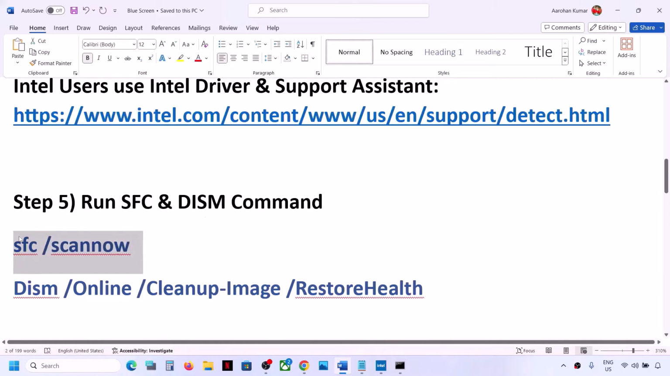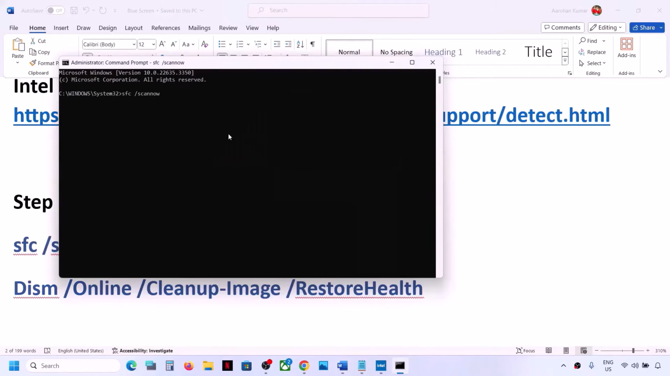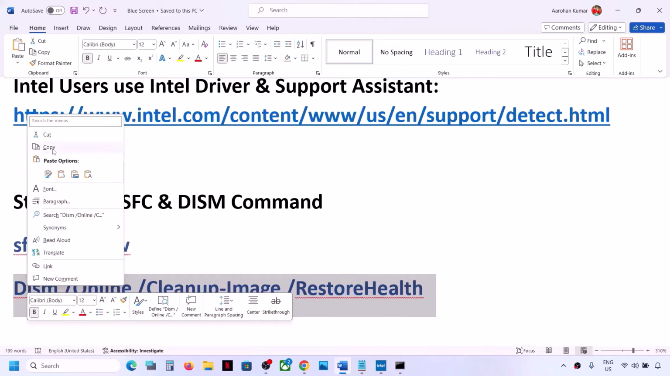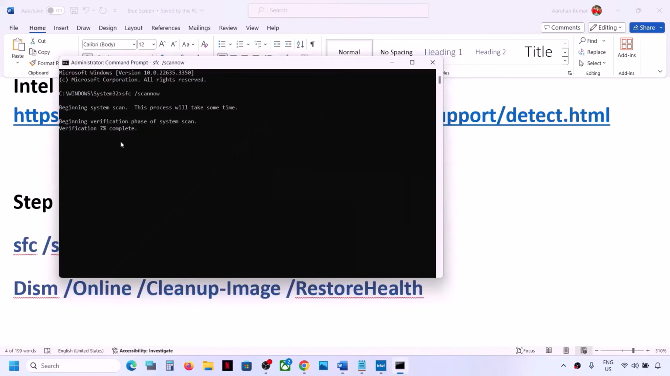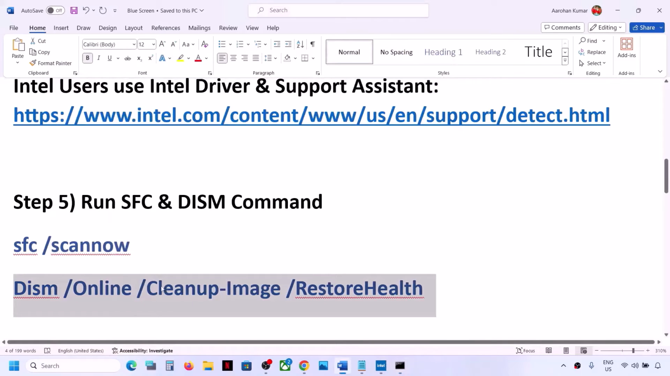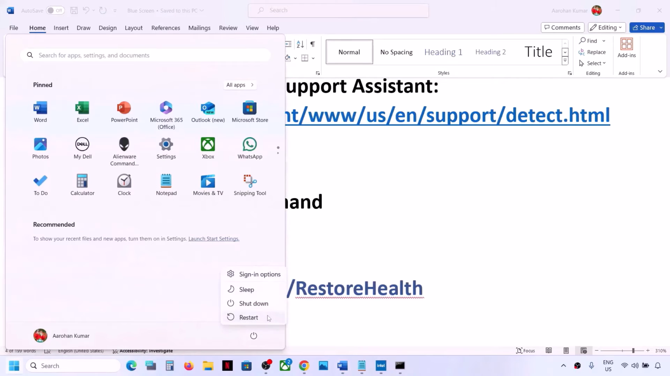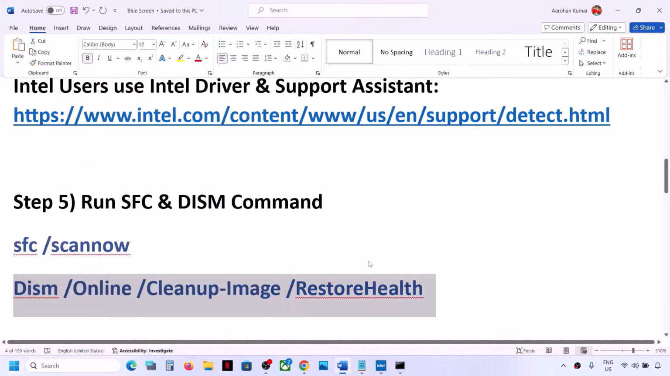Now copy the first command. This command is provided in the video description. Paste it over here, hit the enter key and let the scan complete. Once the scan is 100% complete, you can copy the second command and then run it, pasting it in the same window. Once the second scan is 100% complete, then restart your computer, and after the system restart, you can check. But if you're still facing the problem,